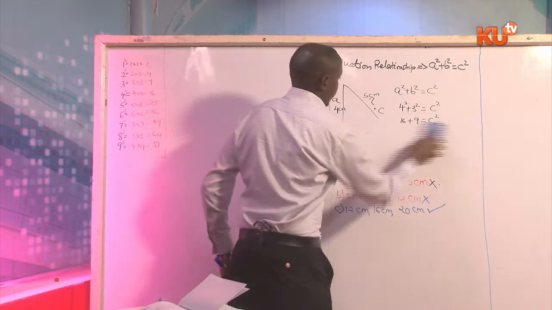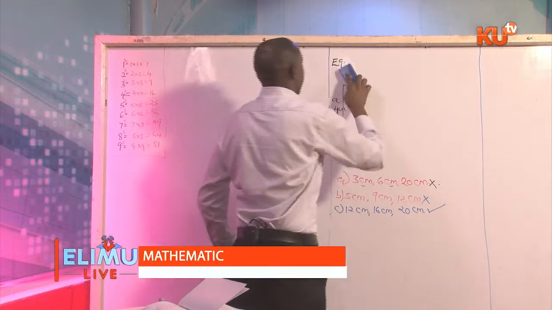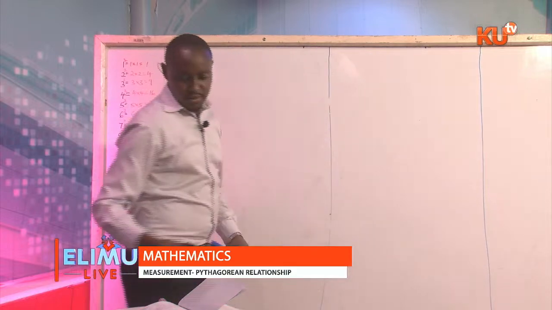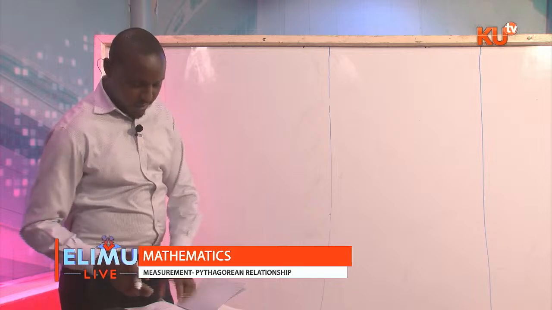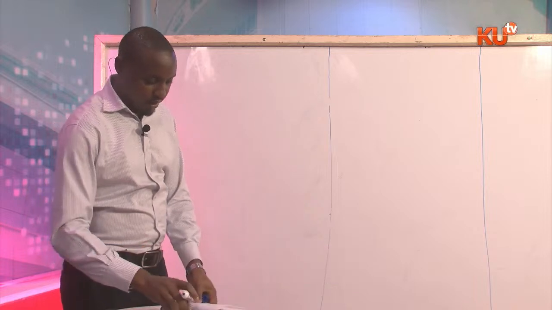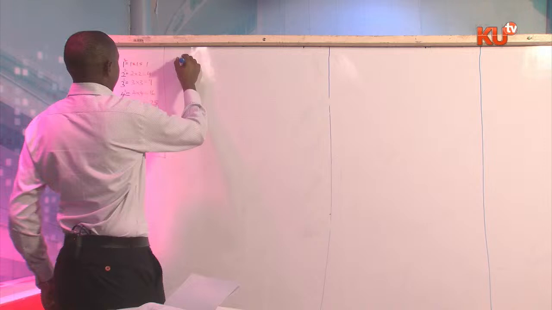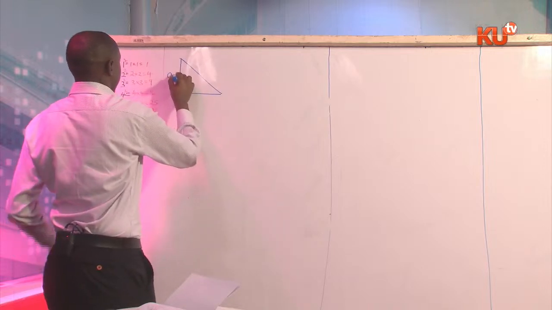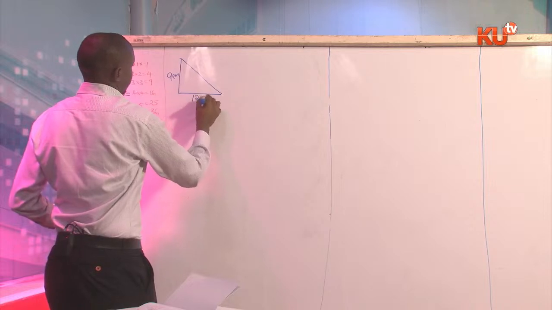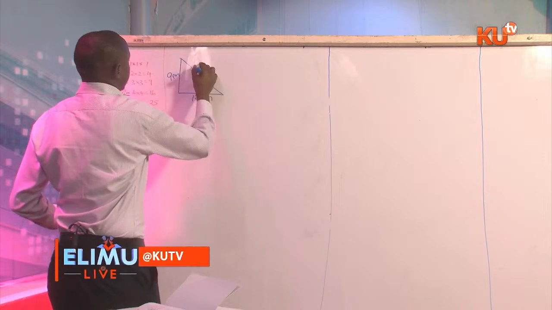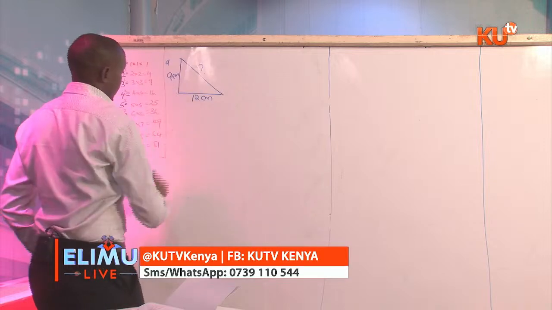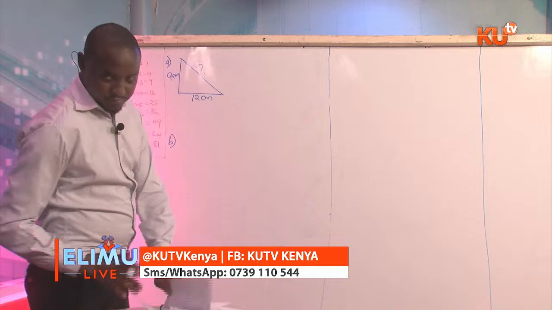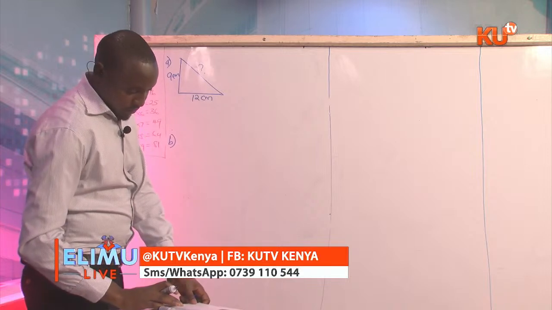Let's apply the Pythagorean relationship to get missing sides of a right-angled triangle. I have the following. A is 9 centimeters, B is 12 centimeters, or can either be, and this is missing. So this is our A. Our B will be